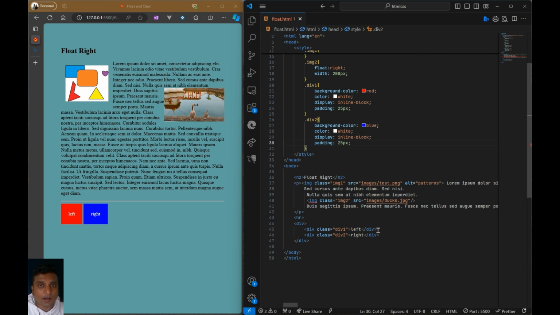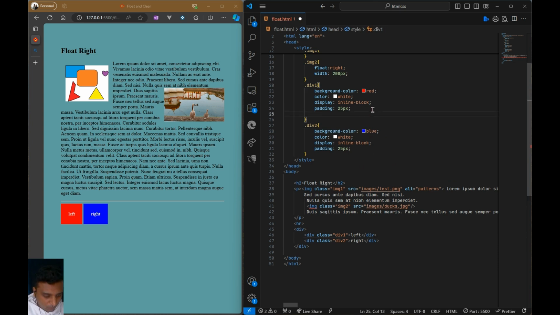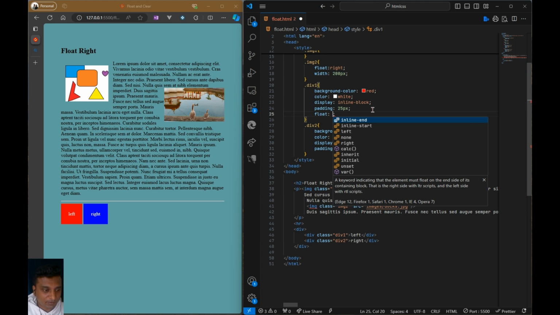So the div on the left appears to be on the left because it was rendered first, and we know that our content flows from left to right. That's why the second div, which is colored in blue, and I've entered the text right inside it, has been rendered on the right side. Now I can also control the way this flows on the screen over here. So let's say the first div I want it to float on the other side. I can simply set it to float